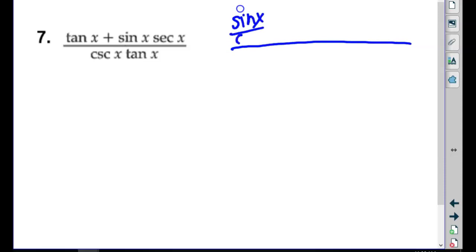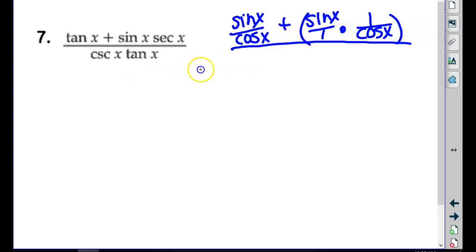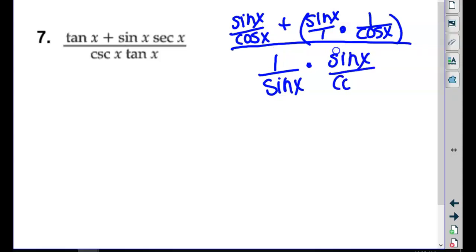Sine x over cosine x plus, this is a sine x, so sine x over 1 if you gave it a denominator, times what is secant? Oh. So now this is really back here just a sine over cosine, same as this one, right? All right, but let's keep going in the denominator. What is cosecant? 1 over sine x, and tangent is? Okay, so